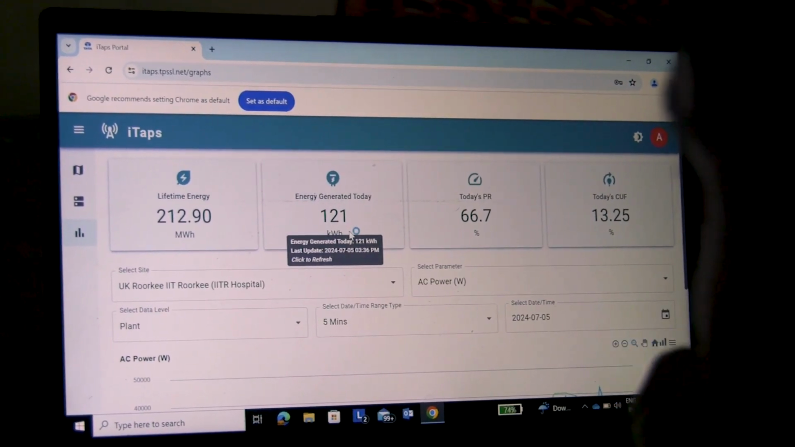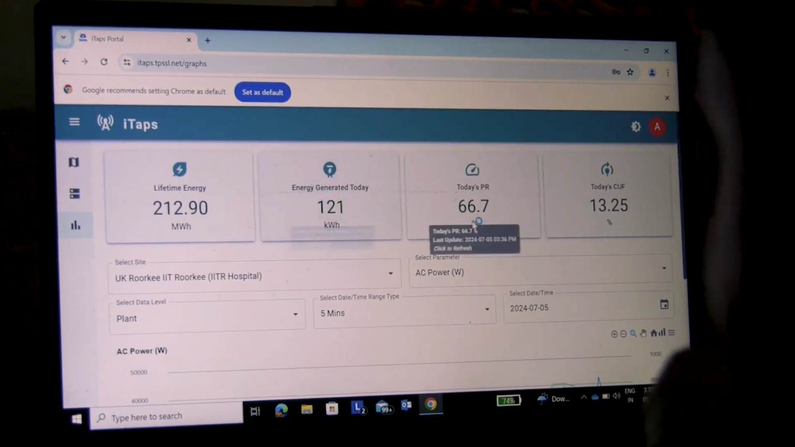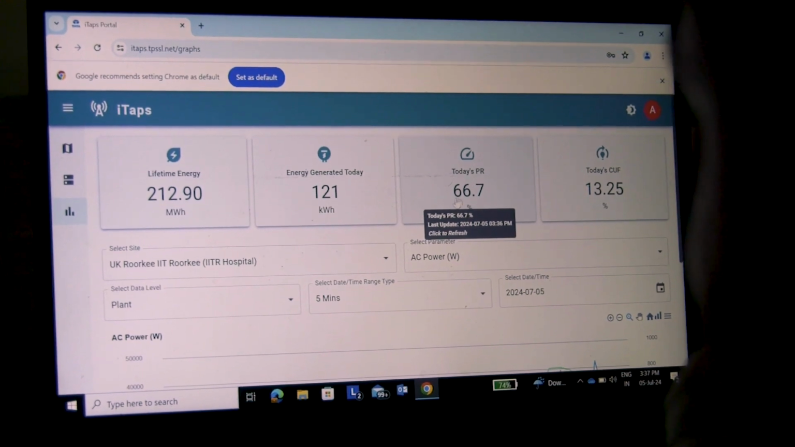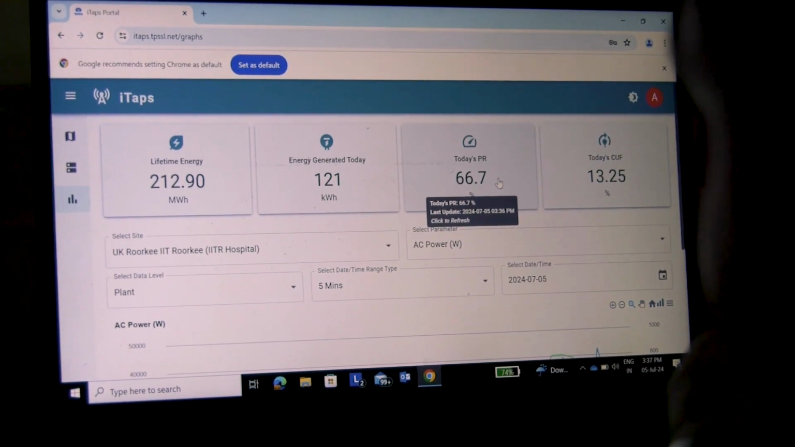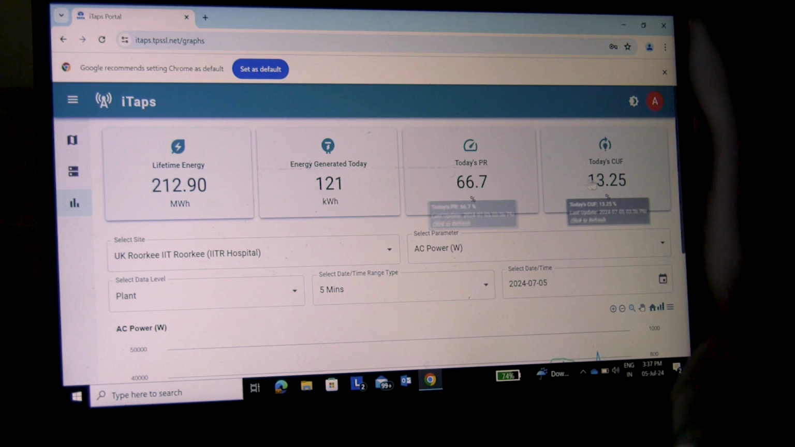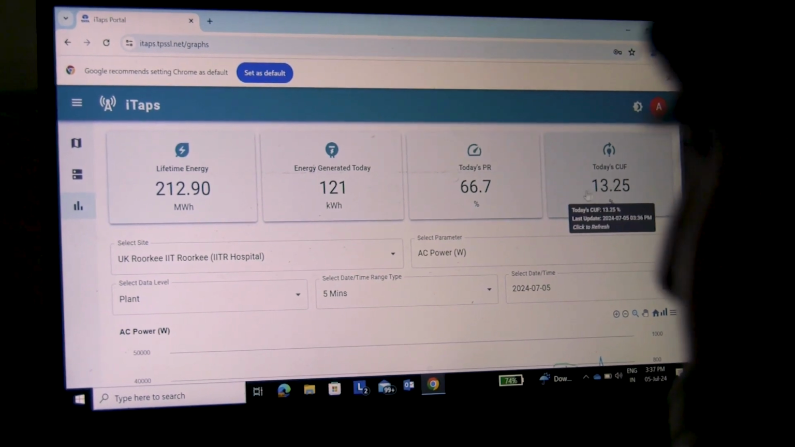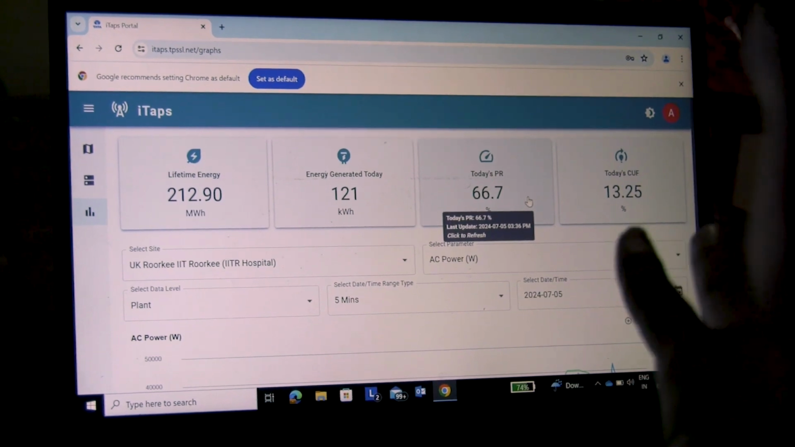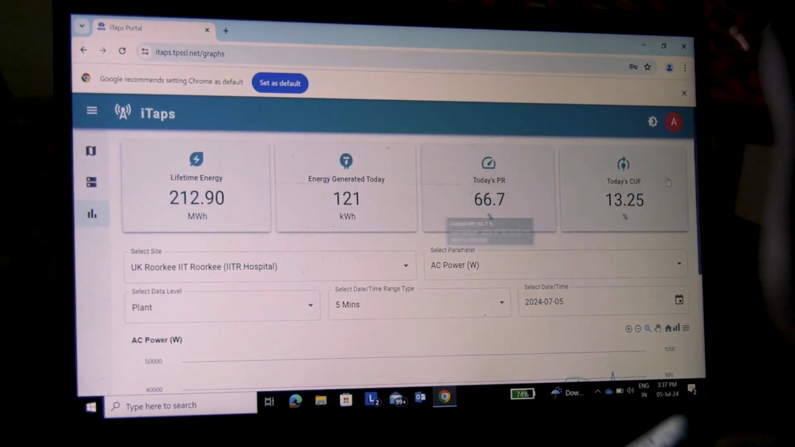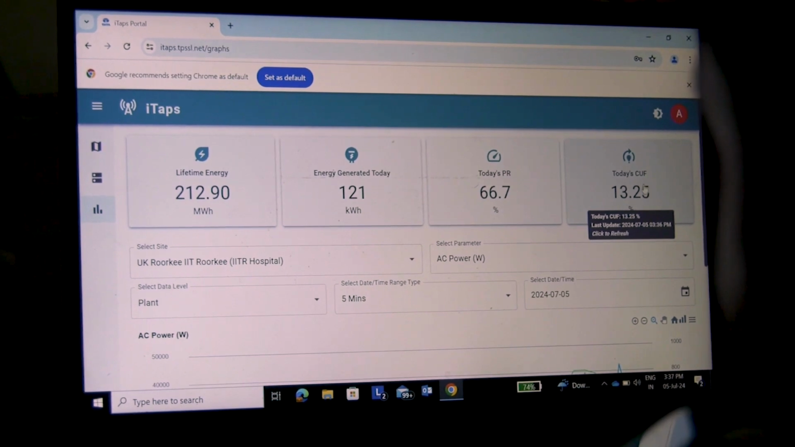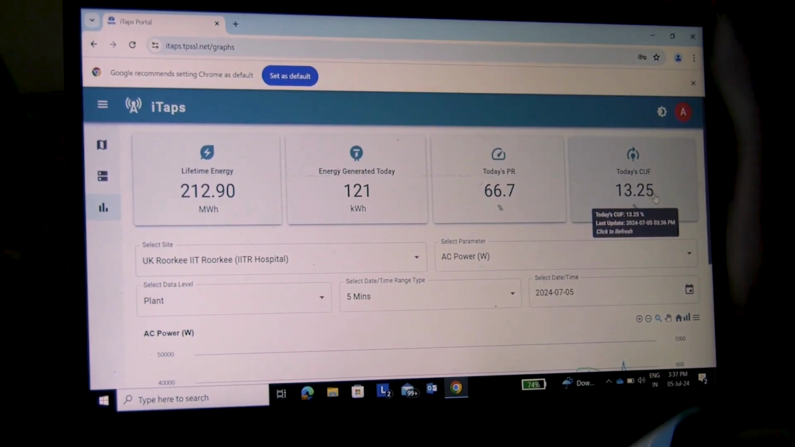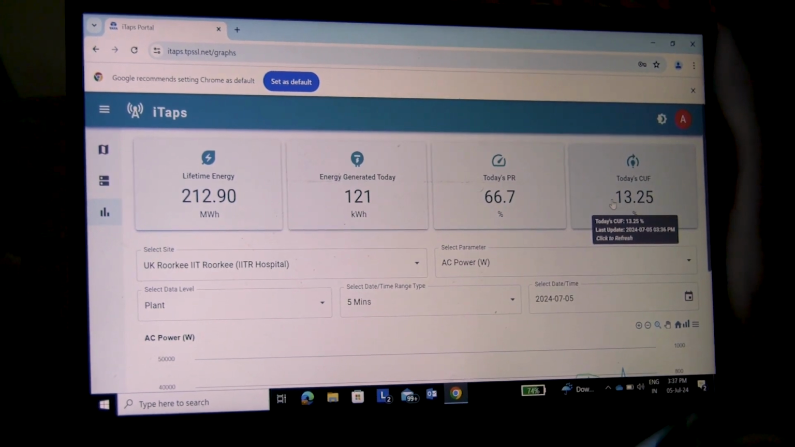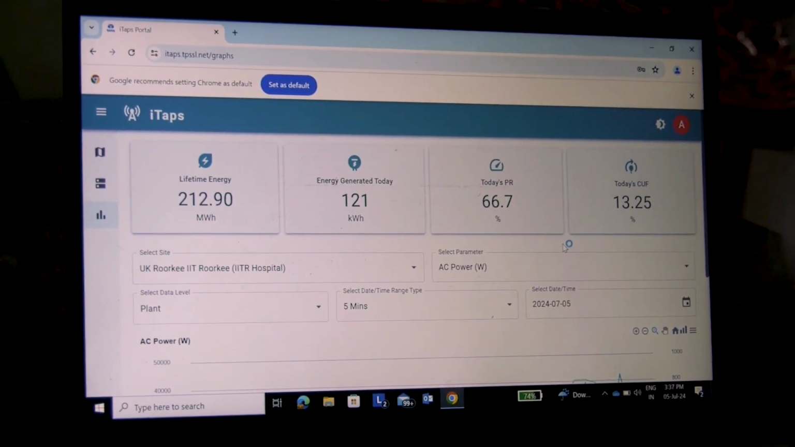Additionally, we observe the performance ratio PR for the day at 66.7%, which measures the efficiency of the solar power system relative to its theoretical maximum output. The capacity utilization factor, that is CUF, for the day is 13.25%, indicating the actual energy generated compared to the maximum possible output over the same period. These metrics are crucial for assessing the performance and efficiency of the solar PV system, ensuring it meets the hospital